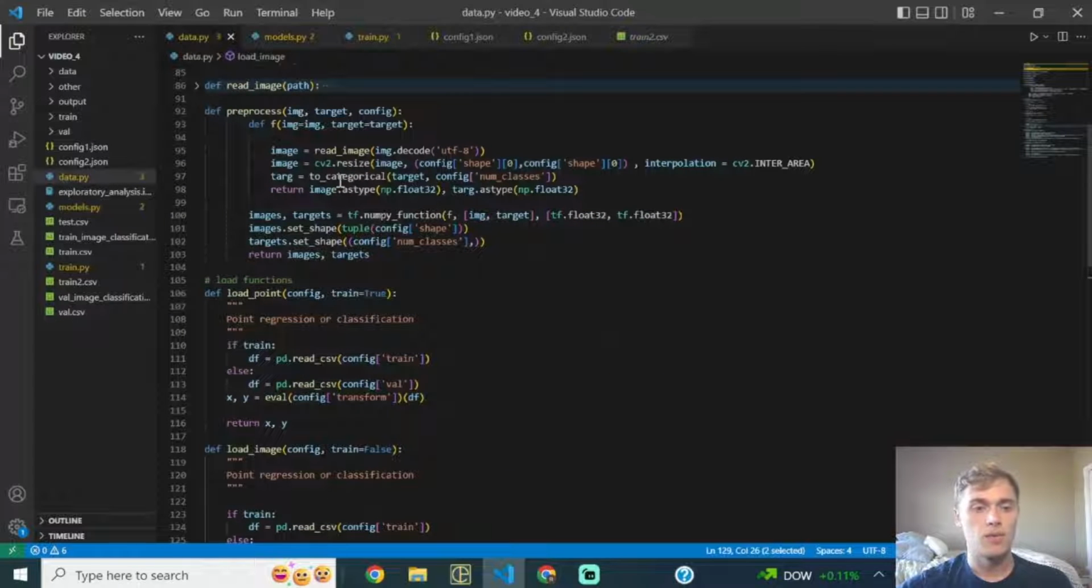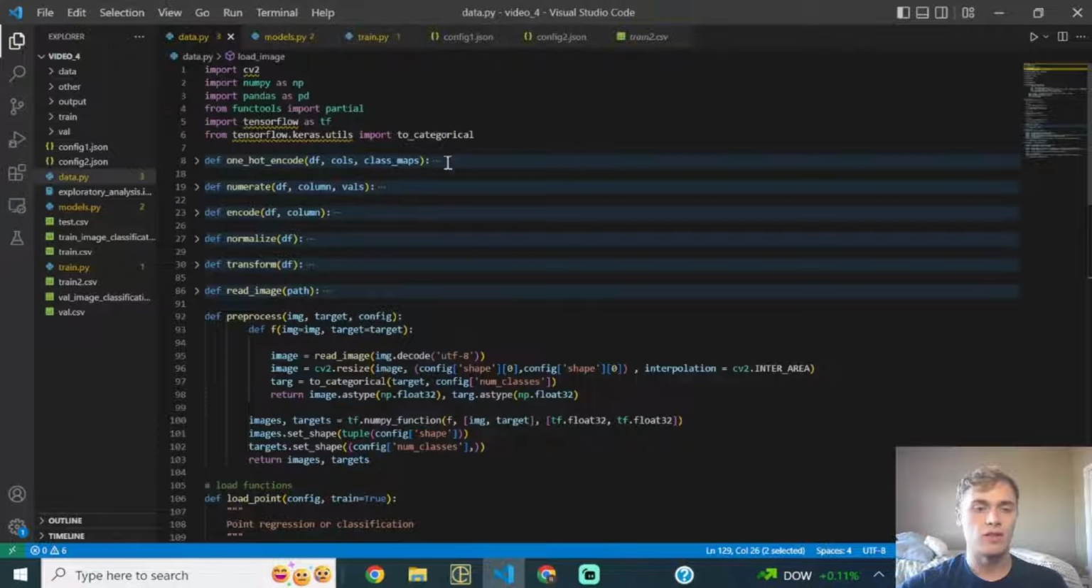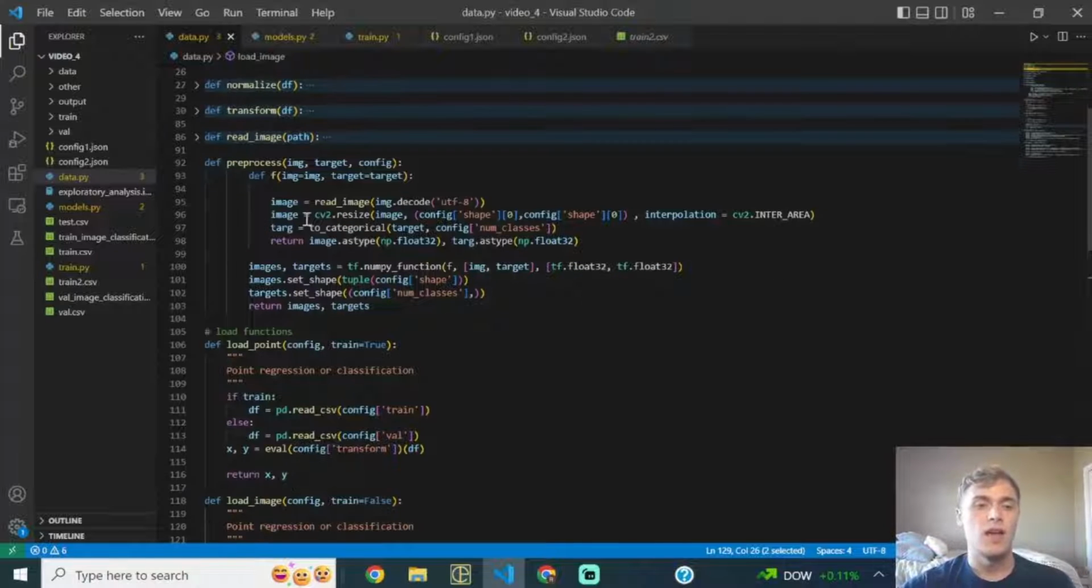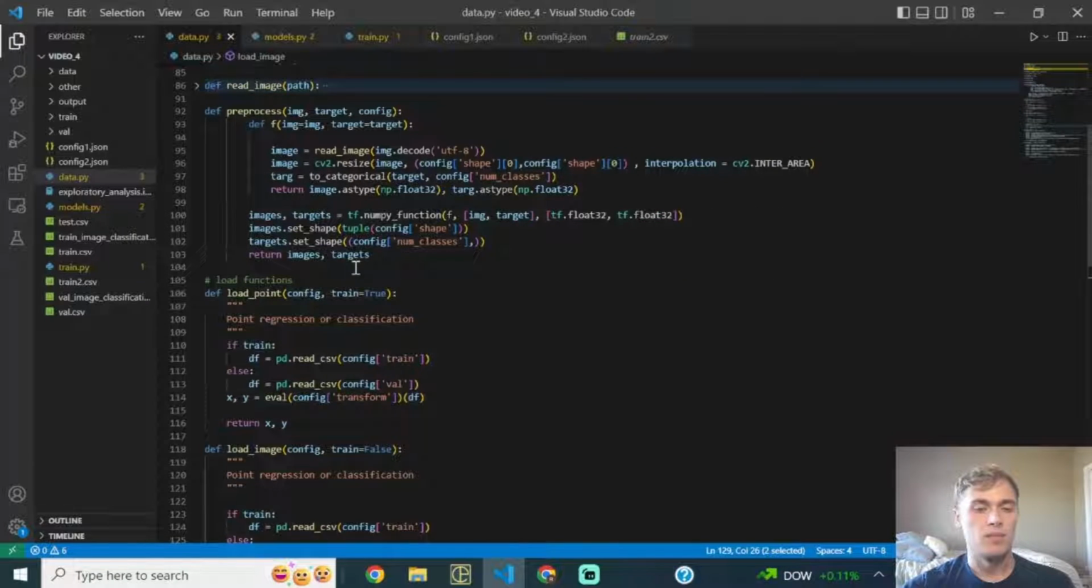To highlight the data functions, I have some helper functions: one hot encode, and enumerate and encode, which go along with one hot encode. I have my transformation function, so these are the transformations I'm going to want to apply to the training and validation data sets. And then I have my load point. Down here, I load in the CSV for training or validation, and then I apply the transform function to